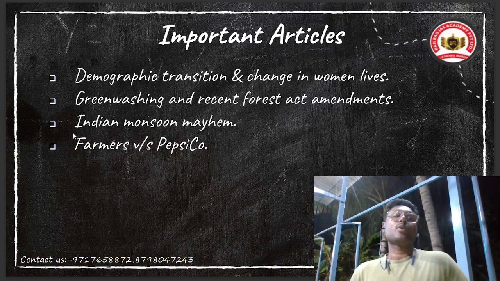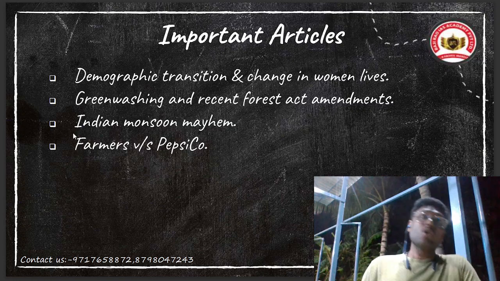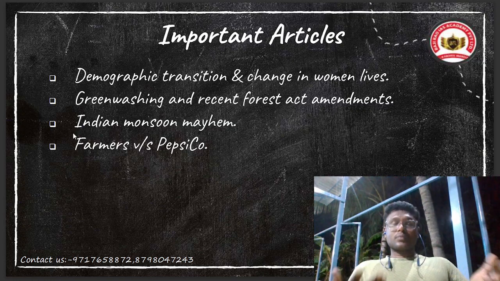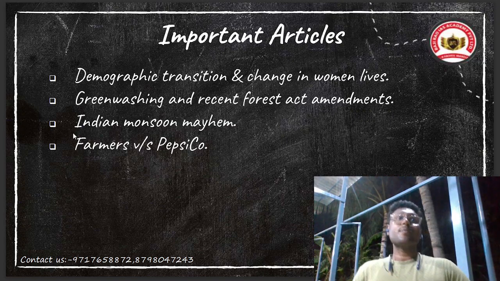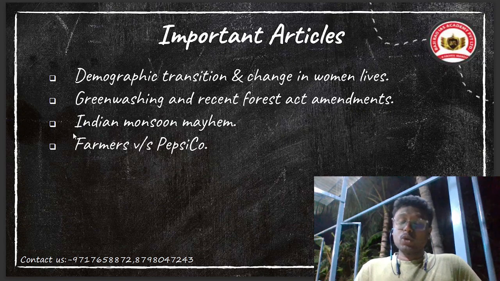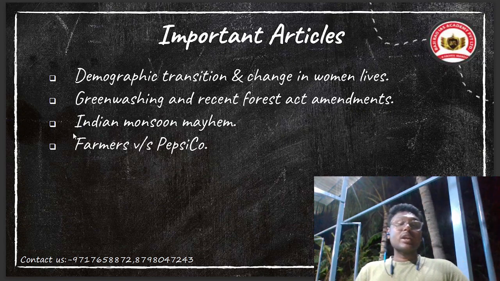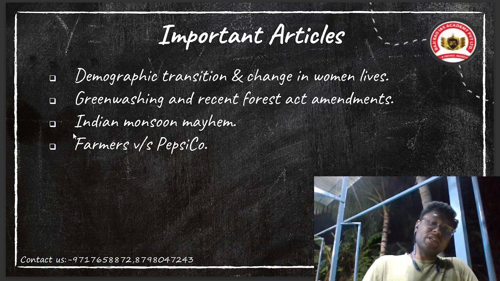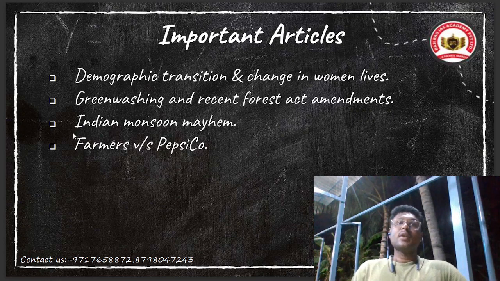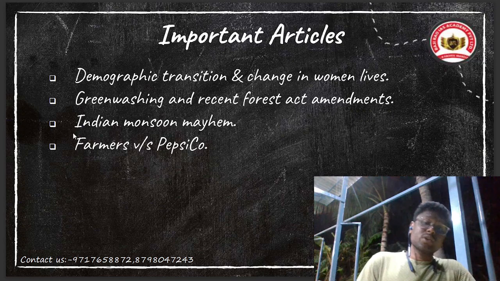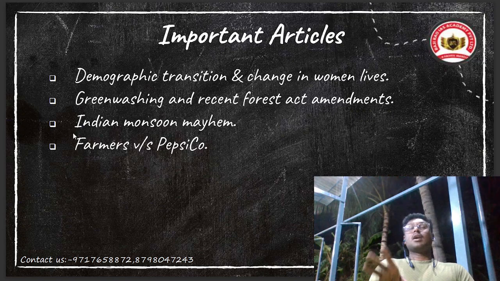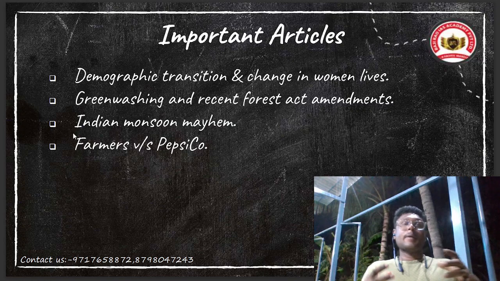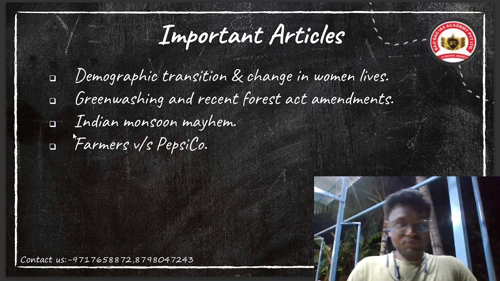And the last article is about farmers and PepsiCo. PepsiCo has applied for the retrieval or revival of its patent over the potato variety, but the authority has declined or revoked it. So we will look into this article: why the authority has revoked PepsiCo's authority to produce the potato variety, and we will see in the technical manner what are the factors that affected PepsiCo's authority over the potato. Okay, guys. So let's start with the first